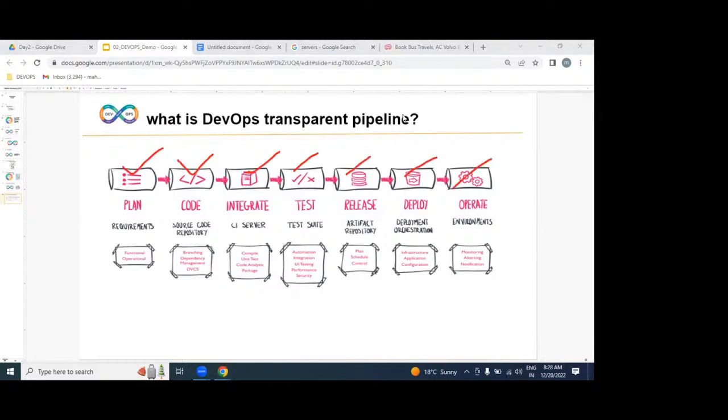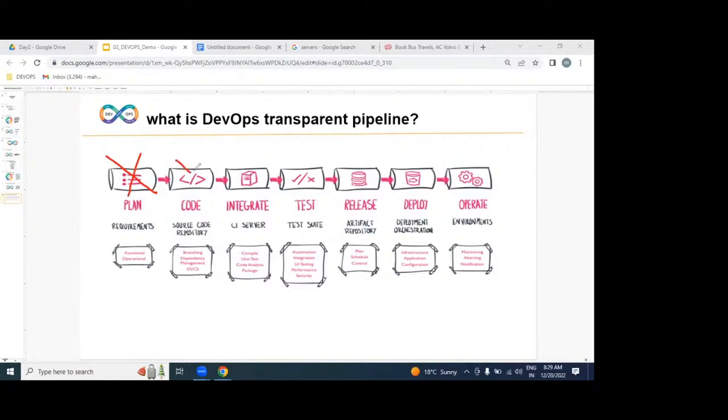But in this DevOps transparent pipeline, our roles and responsibilities start from where? The dev environment. Ends where? Operations. So that means we are not responsible for planning, and the planning is done by the business analyst, not by you.